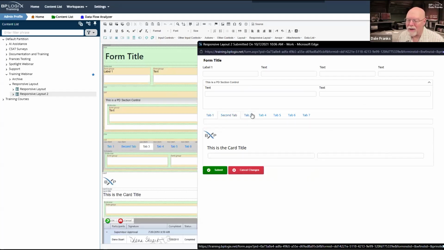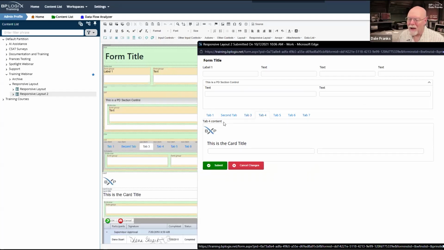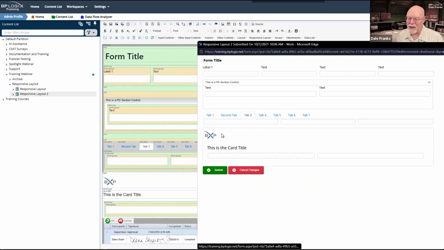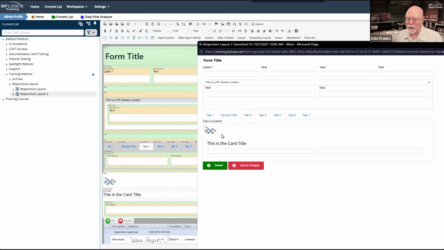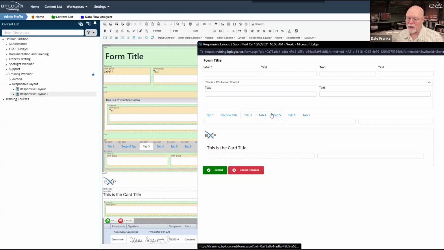So now tabbing. Of course, in tab 4 content, I don't have any control, so I don't have any of that padding or spacing. So as you can see, my card control jumps up a little bit on the bottom when I switch to tab 4. So if I had multiple rows in each of these tabs, this bottom part of my form would always be jumping up and down and up and down.